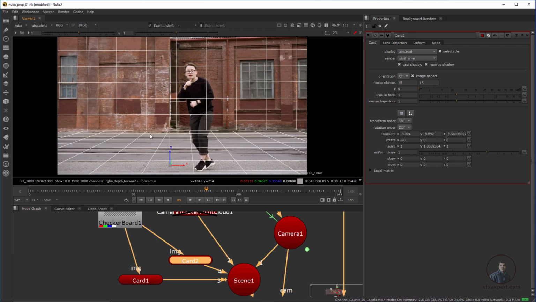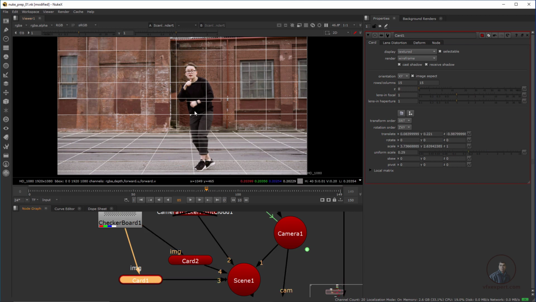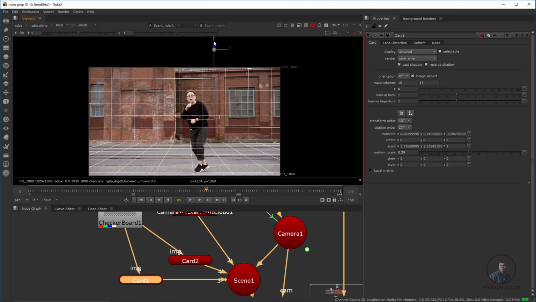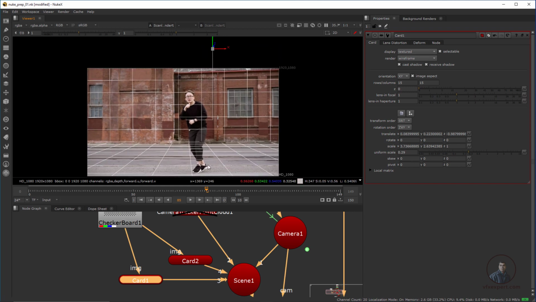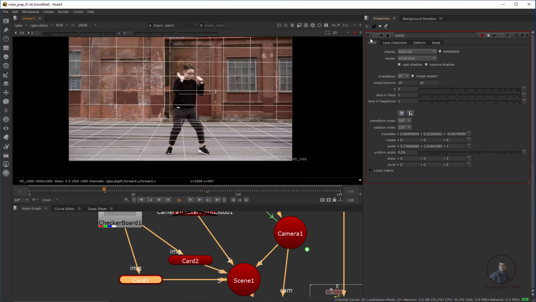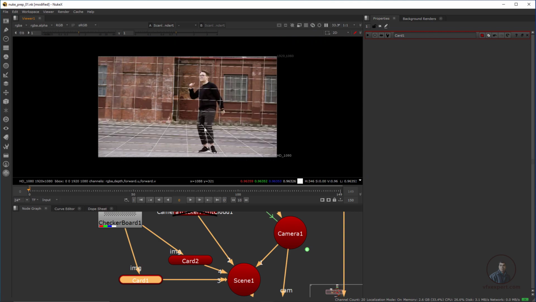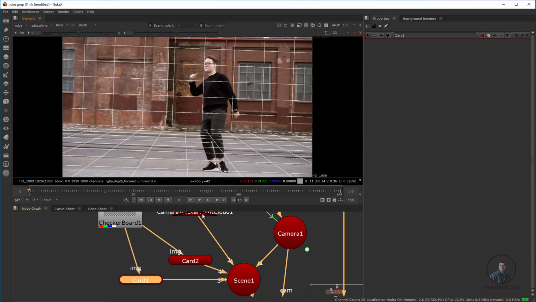So later this will help while you are placing your clean plate here. Okay, so roughly you just have to adjust it here, so we can easily understand. I think this is looking good or not. Okay, so till here, after adjusting all these card positions, now let me play a little bit and check here. So now let me play and check.